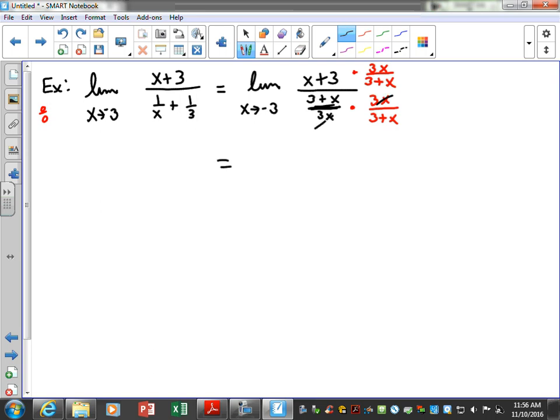Down here, everything's going to cancel. And we're just going to be left with what in the numerator? Yeah, you're just going to be left with 3x, the limit as x approaches negative 3, and that's just going to be 3 times negative 3, which is negative 9. So reminding you of one that you're going to have